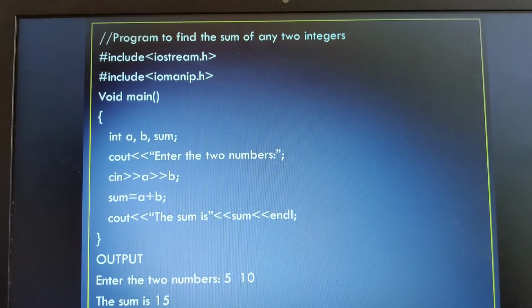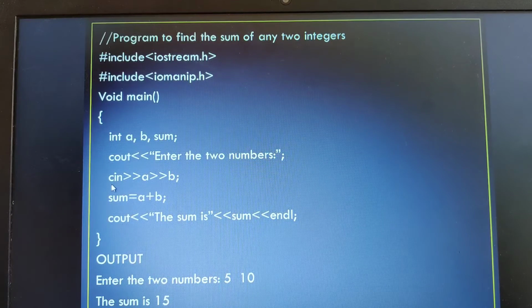If there is any further cout statement and I don't use this endl, both cout statements may appear on a single line, but I don't want that. For that reason I have given endl. Then you close your main function. After this calculation and this cout statement printing, we will get the answer correctly as 15.